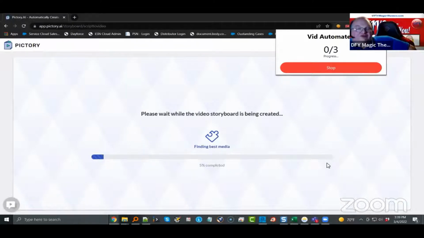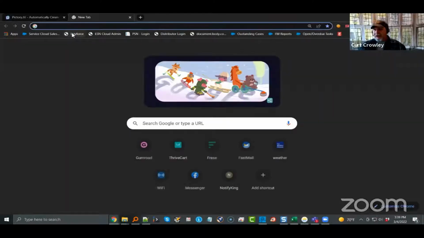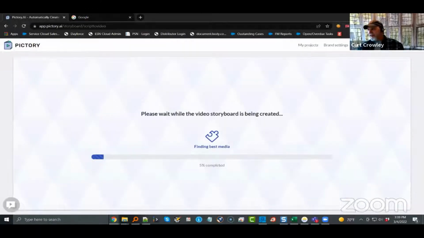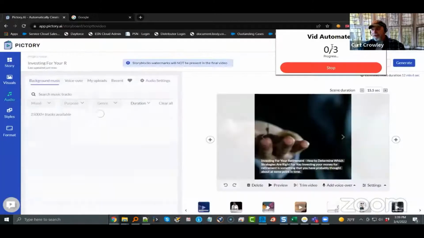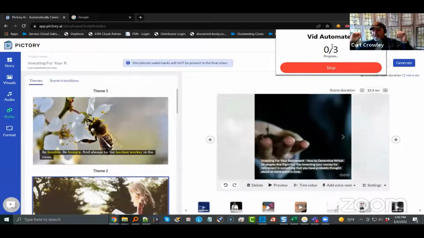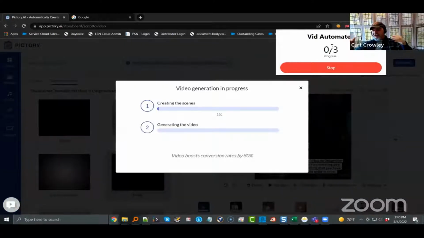Quick question, while this is running, like your other plugins, am I right in saying you can do things on other tabs or open another browser and this will still run? Correct. So you could go here and let's go to Google. And then, of course, if we come back, it's still working. And if we click on this icon here, it'll catch up once it refreshes the page. Boom, it's still working. And as you see, it found that file, it selected the voice, it selected the theme, and now it's going through. It's now creating the scenes, and I've done nothing to that whatsoever.